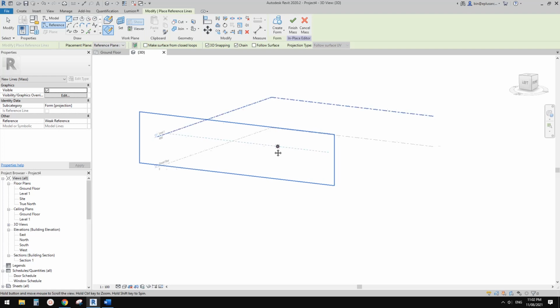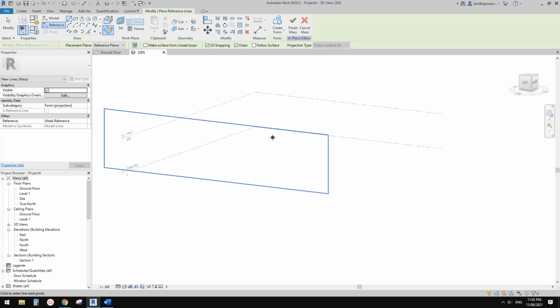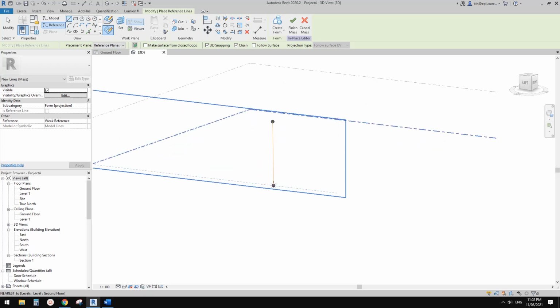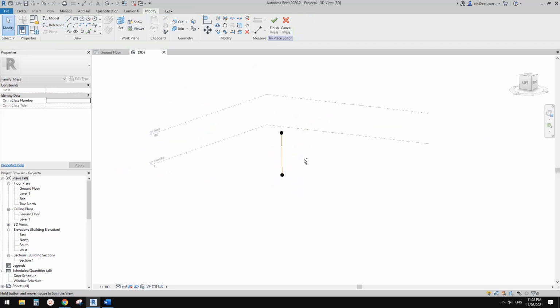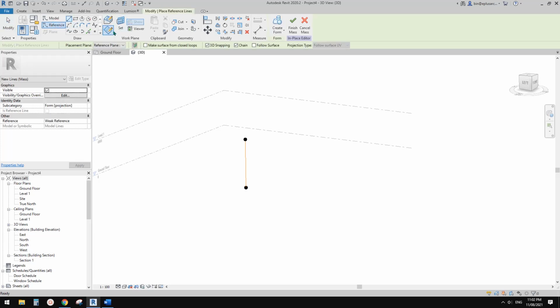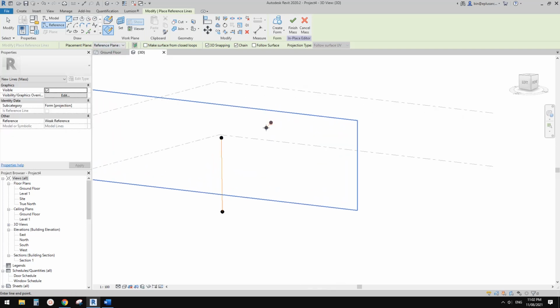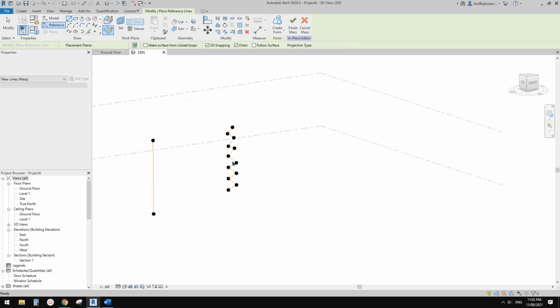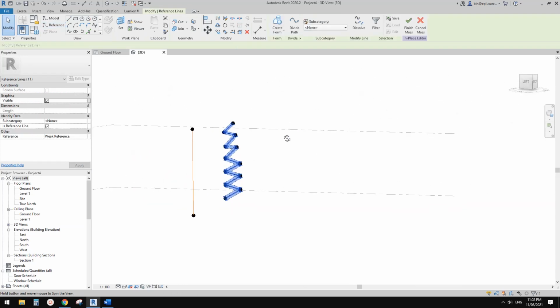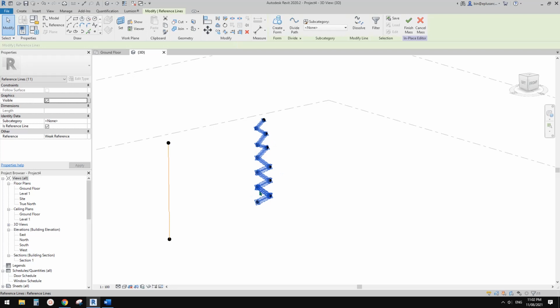Okay, so now let's just place a reference line. I'm not sure, so I just roughly do it like this. Okay, so this is one reference line, and then I'm going to place another one. So reference line again. This time I'll use reference plane 2. I'll just roughly do some lines like this. Okay, so now if we select these and select this one and create a form,